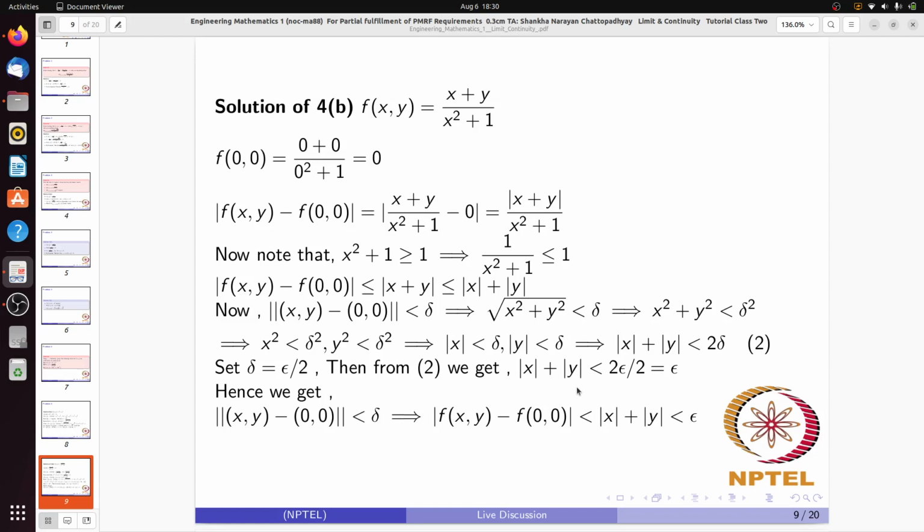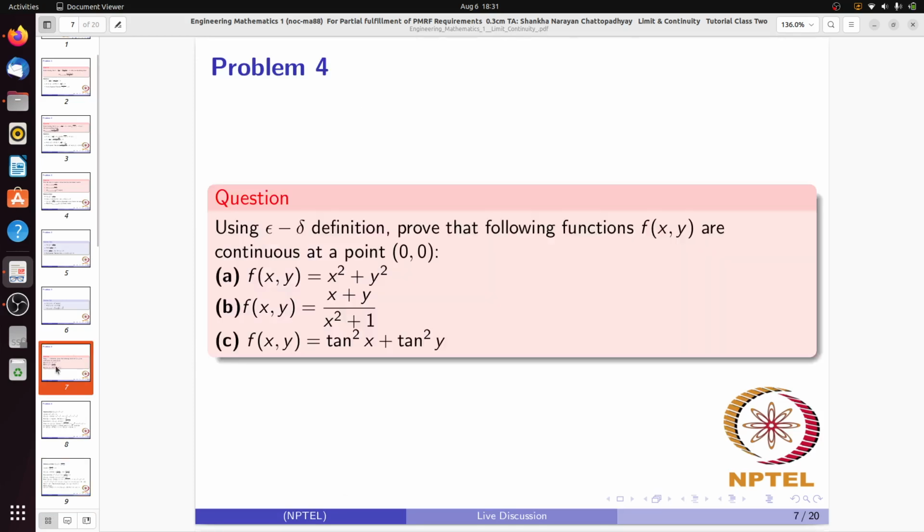Like Euclidean distance, there are other distances too. We have Euclidean distance, we have Minkowski distance. We have the modulus distance, where if there are 2 points (x0, y0) and (x1, y1), the distance between them will be modulus of x1 minus x0 plus y1 minus y0. So it is a standard way of what we are doing here. I think this proof is clear to all of you.